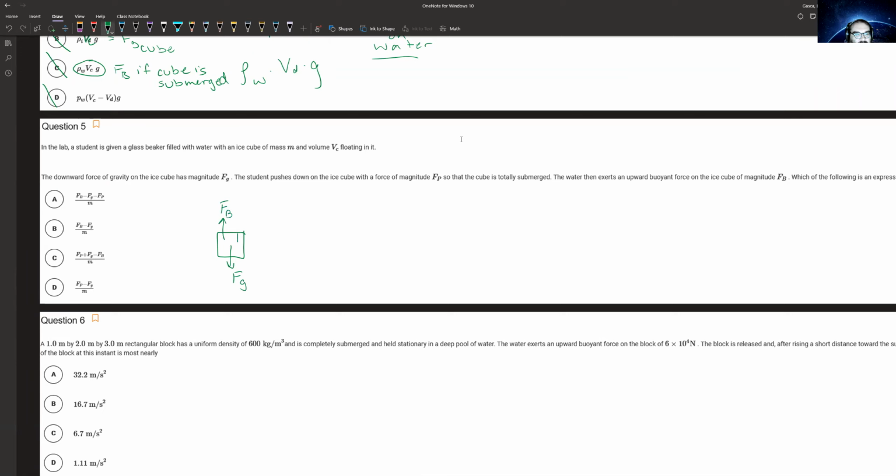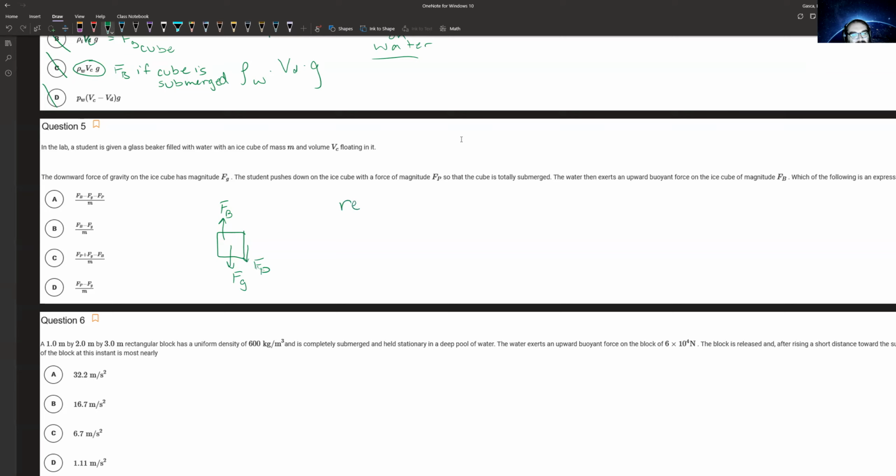All righty, so let's go ahead and see here. I drew this the wrong way. So at the beginning, we're pushing down with a force Fp. There's the gravitational force acting down on it. And then we have that buoyant force acting up. When we release it,